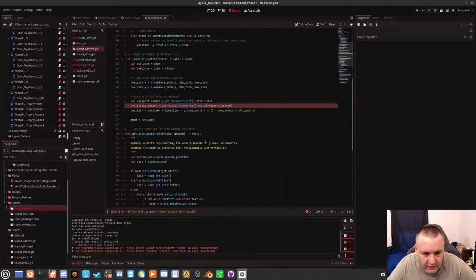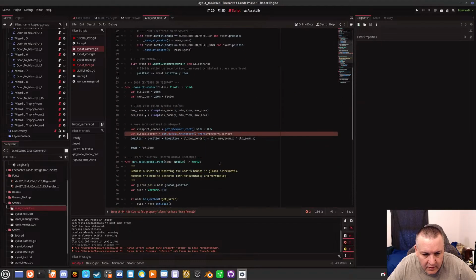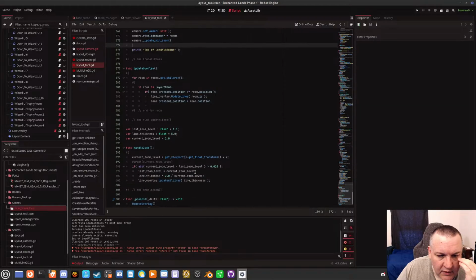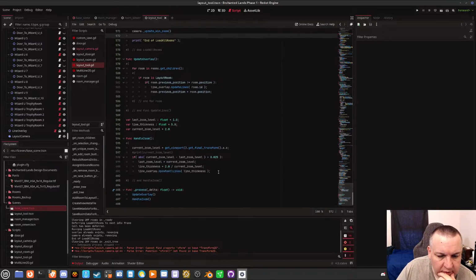Well, it can't find transform 2D. Transform. Cannot find property xform. I think there was a thing for getting the view, the layout tool. Did I get the viewport? Yeah. Update overlay. Get final transform x. Now let's see what layout camera is real quick.